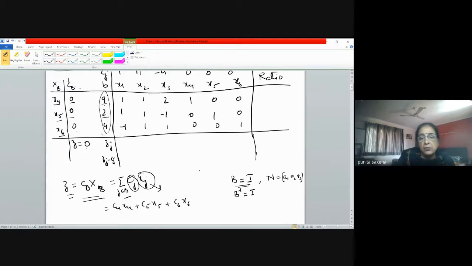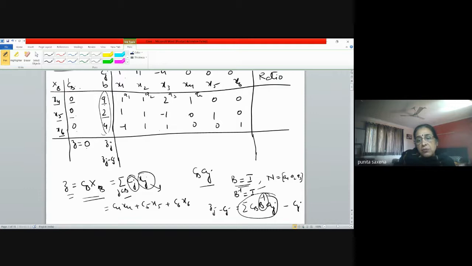Now this is as far as the Z is concerned. Now if you go back to the formula of Zj minus Cj, what did we do for this? It was nothing but the summation of CB B inverse Aj minus Cj, because this is what your Zj was, CB B inverse Aj. But what is B inverse? The identity matrix again. So what does it become? Simply CB Aj, right? And what are the Aj's? The columns here. Are you getting the point? The first column is A1. This is your A1, this is your A2, this is your A3, and this is your A4 and so on and so forth.